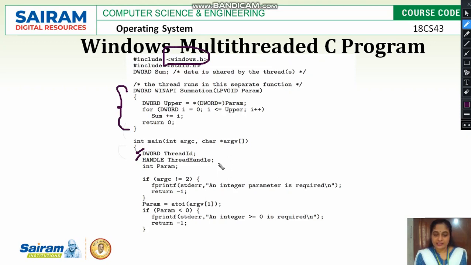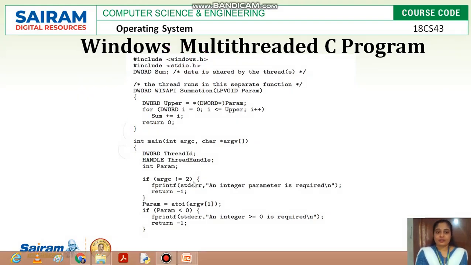So ThreadHandle is the variable. int Param, if argc, the same concept, it is checking for the arguments being less than 2 and argument values being less than 0. If so, then the input given is not valid, and it will come out.